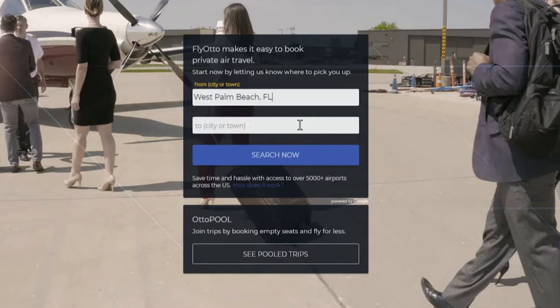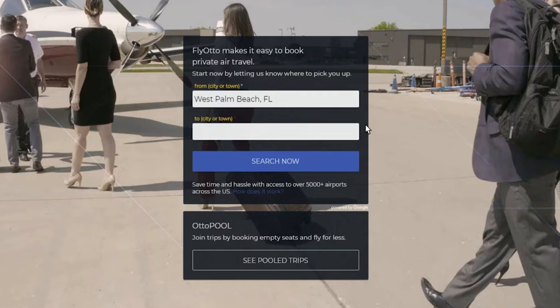The website will prompt you to just basically pick the nearest city or town that you're located in and where you're going to. All right, we're going down to Key West. There are over 5,000 general aviation airports across the United States. You might be surprised that there is one much closer to you than the commercial airport that you're normally used